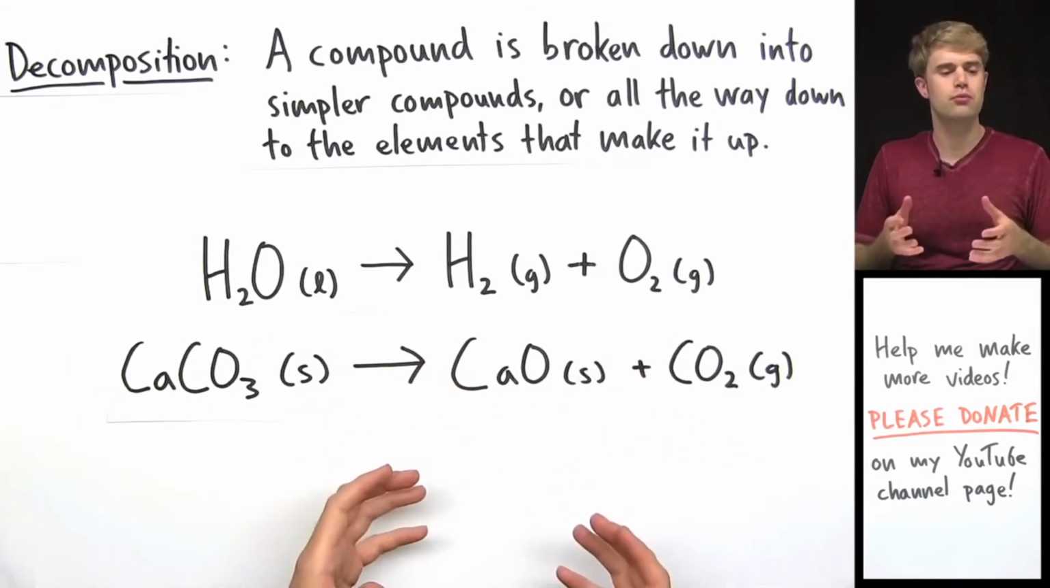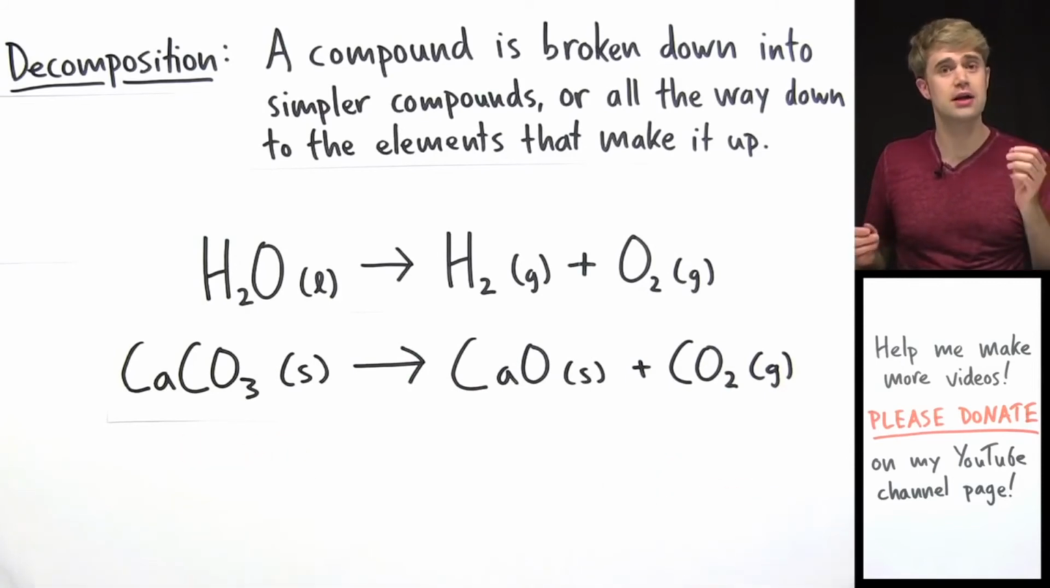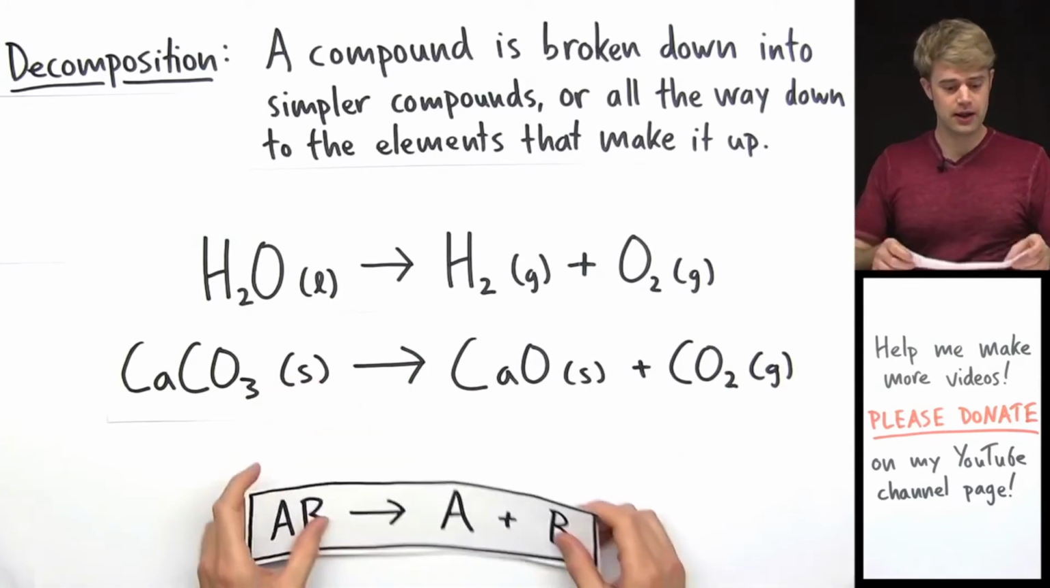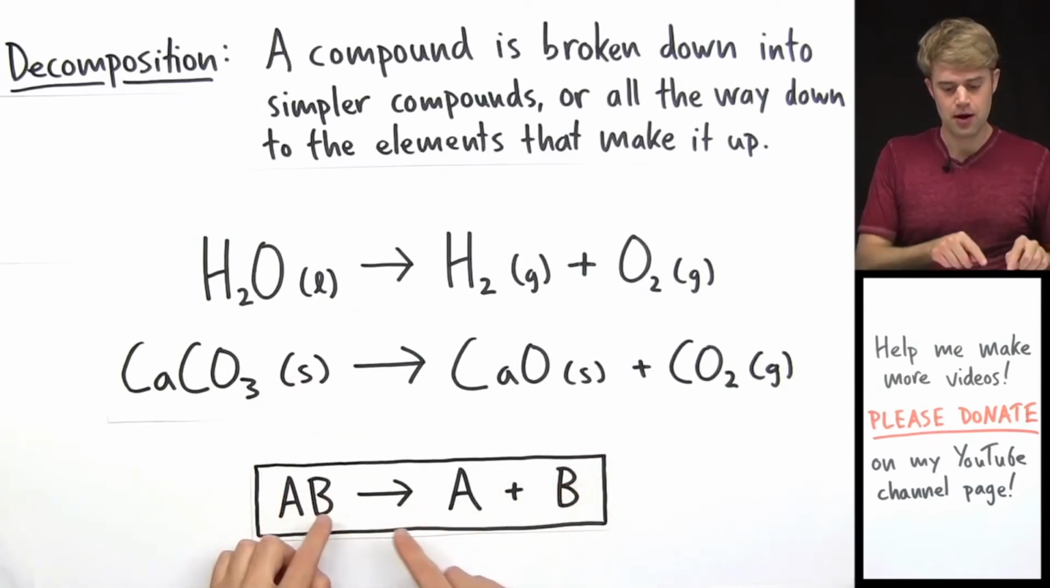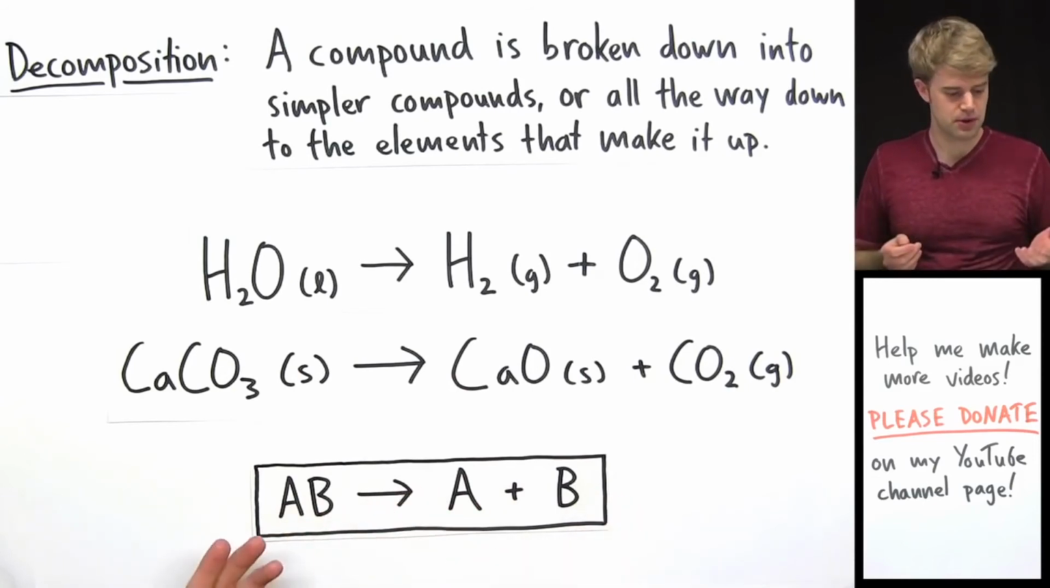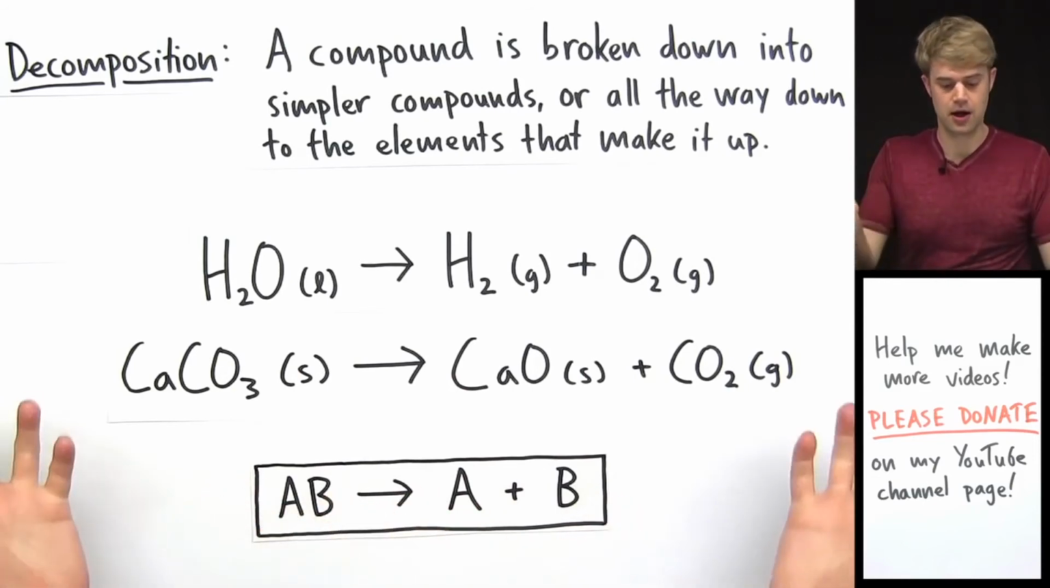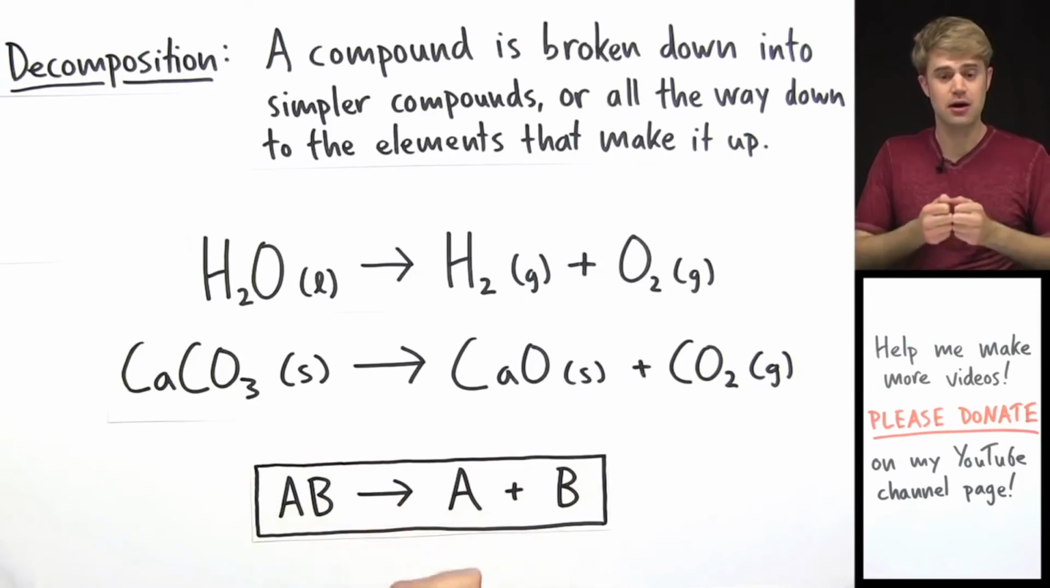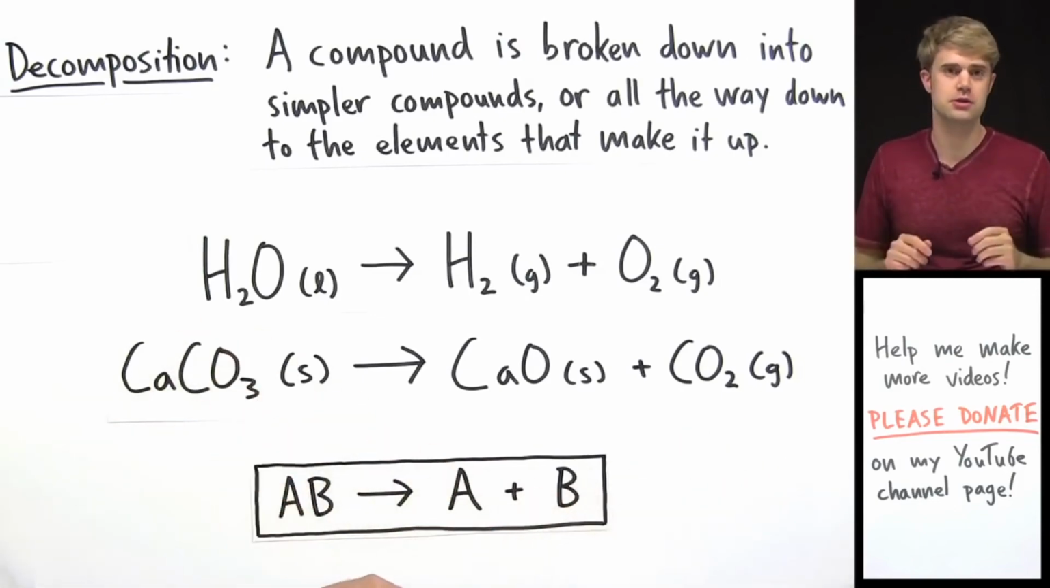So if we wanted to come up with a generalized way to write a decomposition reaction, we could write it like this. AB breaking apart into A plus B, where AB is some kind of compound, and A and B are simpler compounds or elements. Okay,